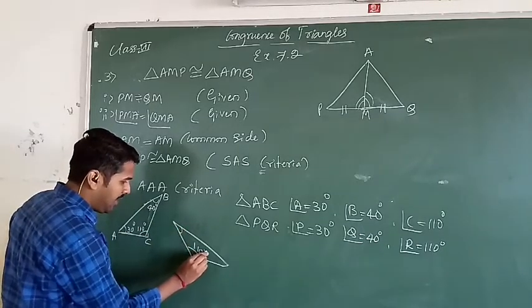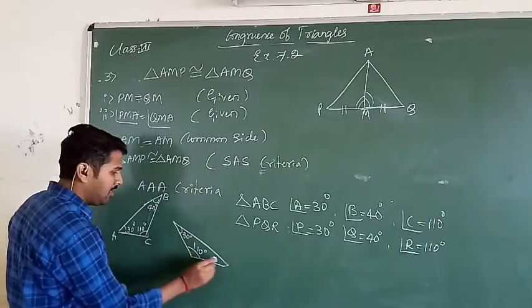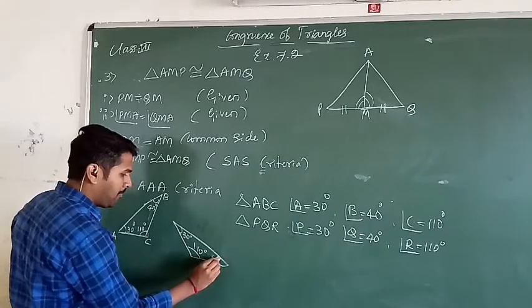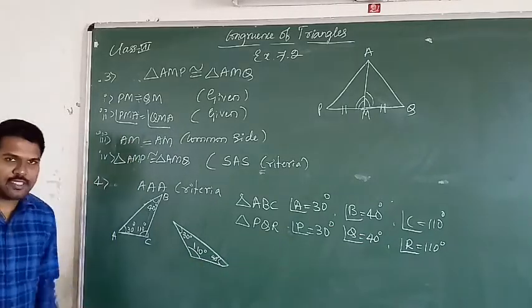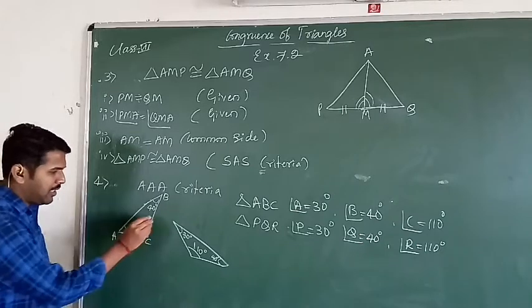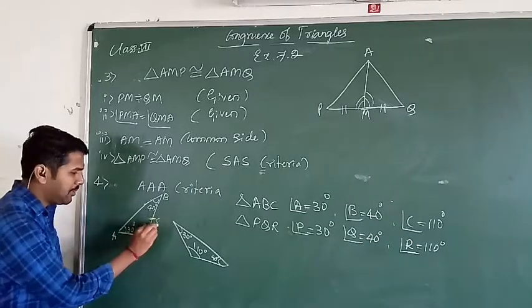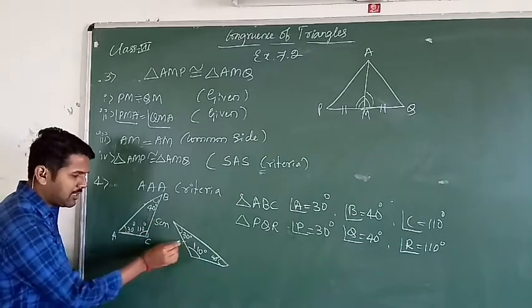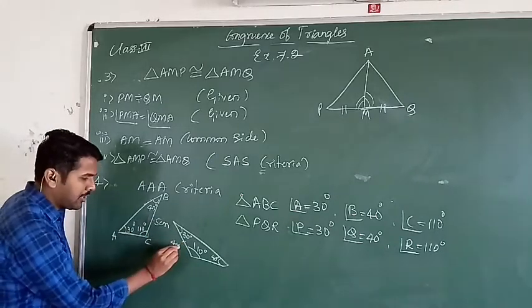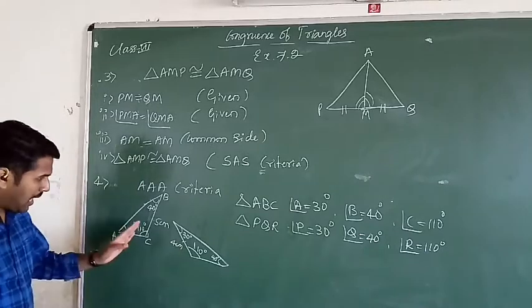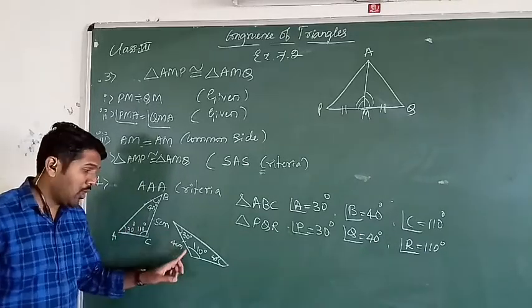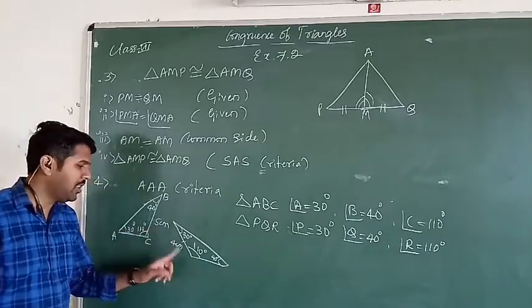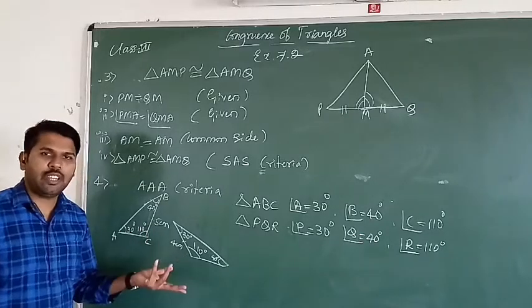This is 110. This may be 30. This may be 40. Okay. So this is the obtuse angle triangle. So here, side I will take as 5 cm. So this is 5 cm. But I will take this one side as 4 cm. Okay, here angles are equal. But what about sides? Here 5 cm, here 4 cm. We can take it, isn't it?